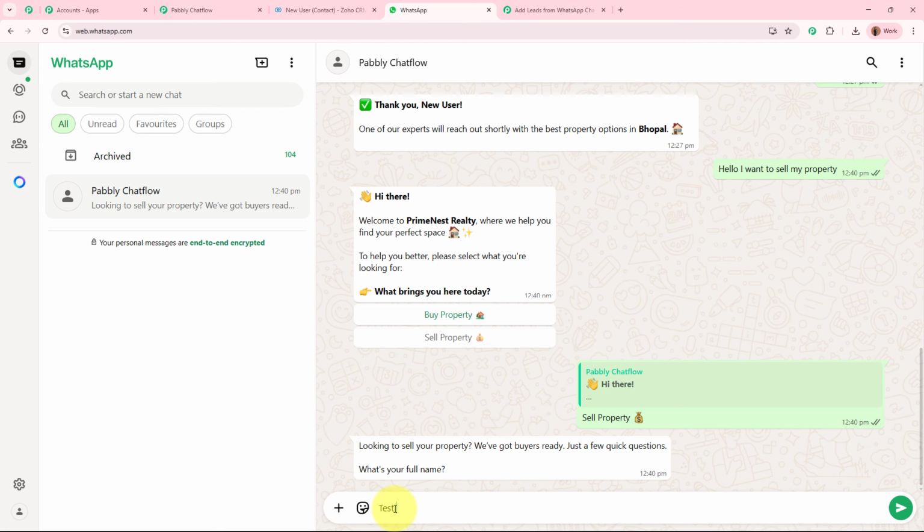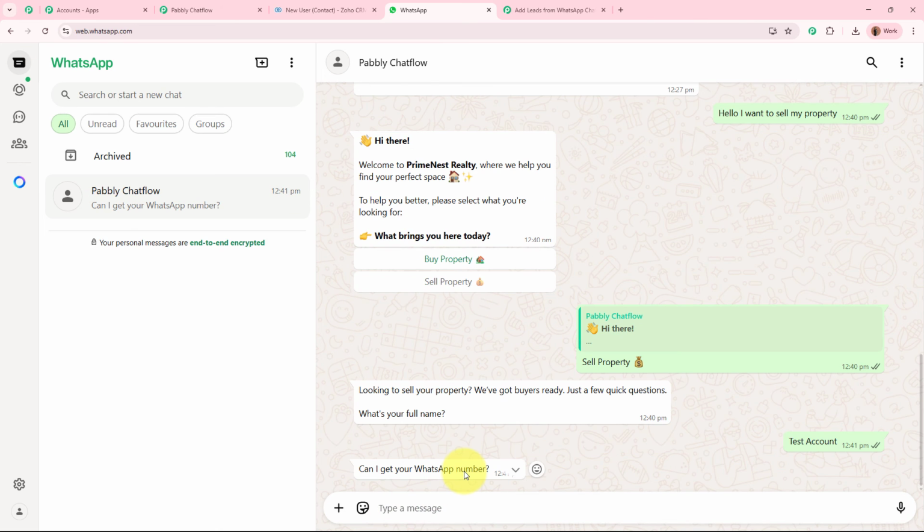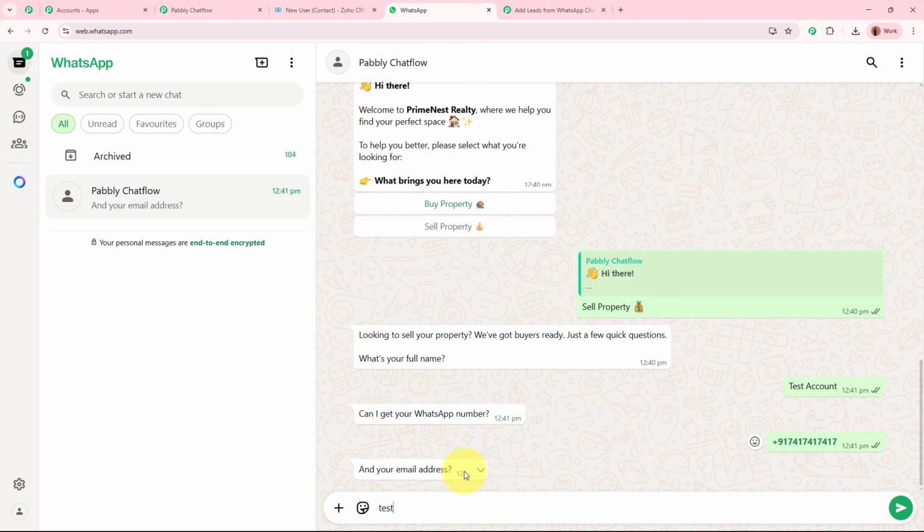For the full name over here, let's suppose I'm going to write test account. So I'm going to select it and send. Then it is asking for my WhatsApp number, for which I'm going to enter a WhatsApp number and send it. Then it is going to ask me for my email address, for which I'm going to write it as